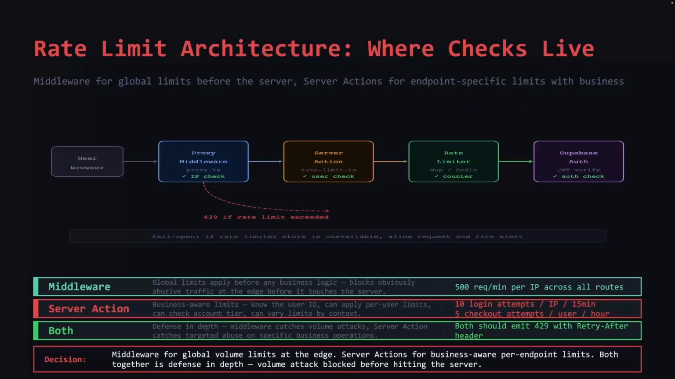Rate limiting architecture: two placement options, middleware, proxy, and server actions. Middleware runs on every request before business logic. It is the right place for global volume limits, blocking obviously abusive traffic before it touches the server at all. A global limit of 500 requests per minute per IP stops volume attacks without knowing anything about what the request